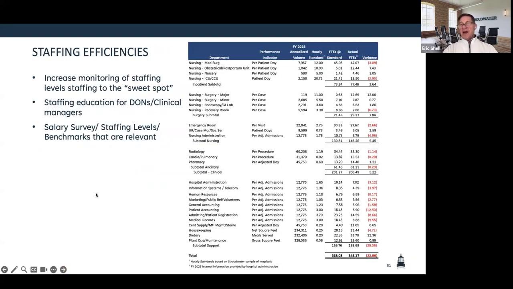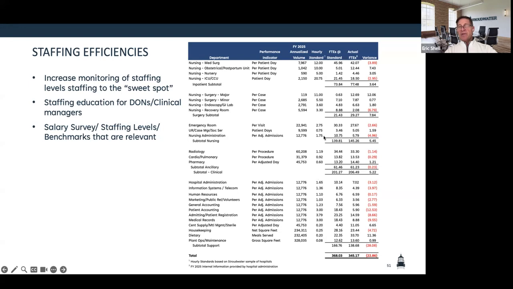Staffing efficiencies. It's funny, I was presenting this to some of the critical access hospitals of New York, I don't know, 9 months ago. And we were talking about departmental staffing. What we tend to do is we've developed a set of rural standards. This is the standard that we tend to pay attention to, where my pointer is.